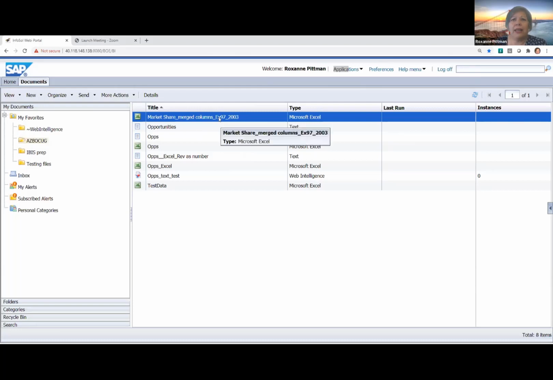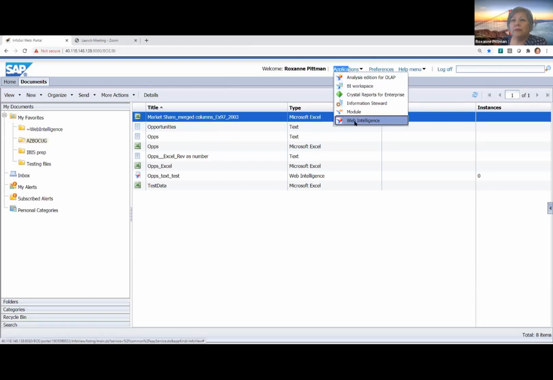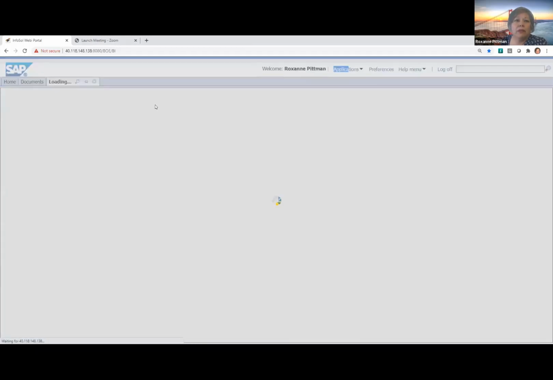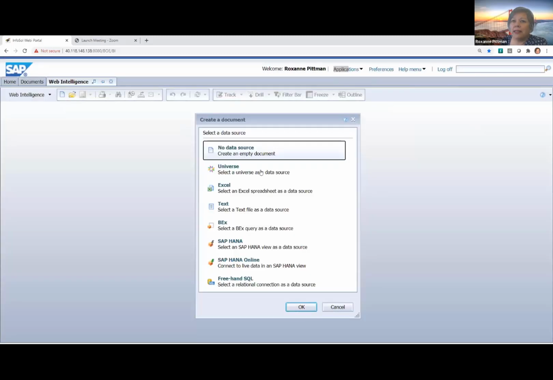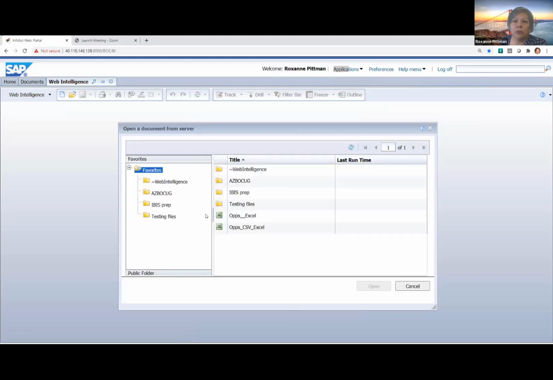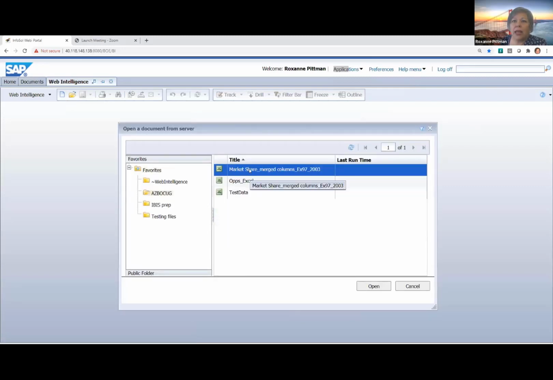I wanted to see how it handled that. So this is a .xls, the Excel 97 to 2003 version. I wanted to see if it behaved any differently. So let me bring that in. And what I found is that it handled that old version perfectly fine. However,